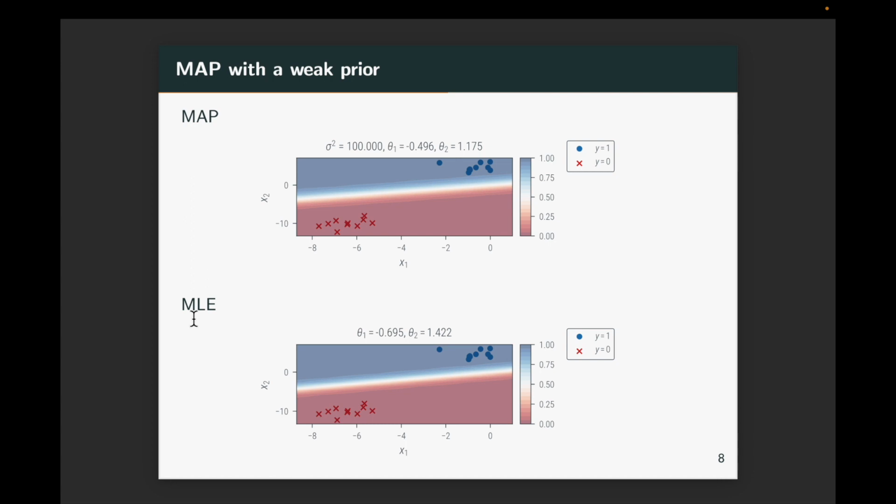And the MLE solution that we get is minus 0.695 and 1.422. What kind of relationship do you expect between the thetas obtained in MLE and theta obtained in MAP? How might you compare these? They are obviously different. How might we say that they are related? Okay, Ritik. MAP estimates will be closer to the mode of the prior, which is